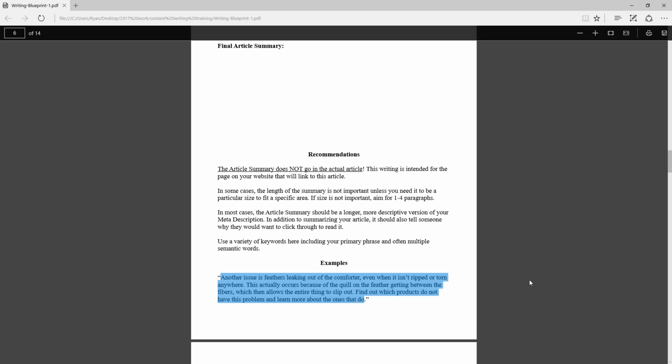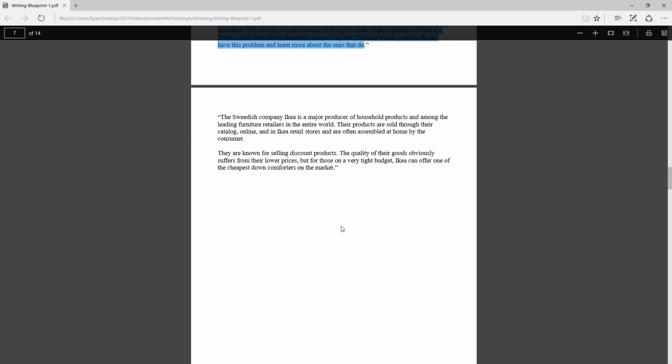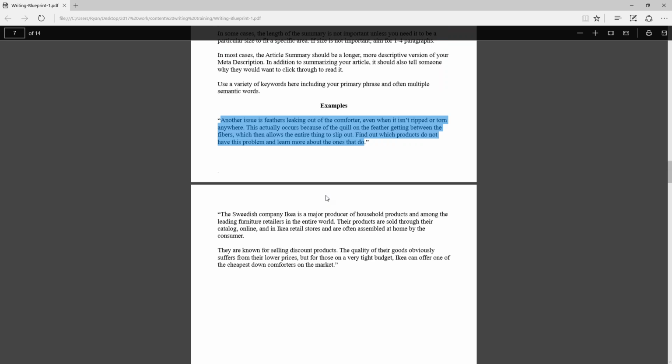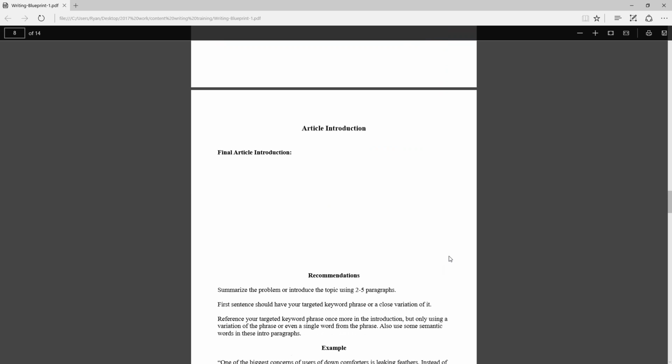It is certainly saying that I can help to direct them to the right products that may have the problem, may not have the problem, depending on what kind they are. So again, I'm doing the same type of thing here. I'm re-emphasizing that problem for that particular page. And again, I also provide you with the other example that's included here, the example from the IKEA down comforter page.